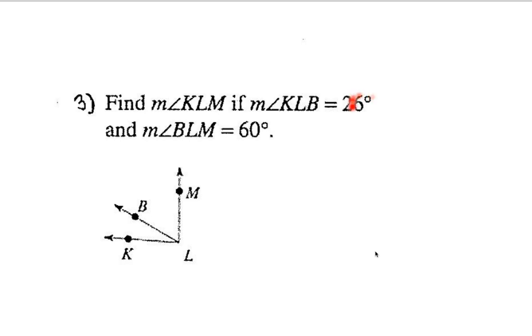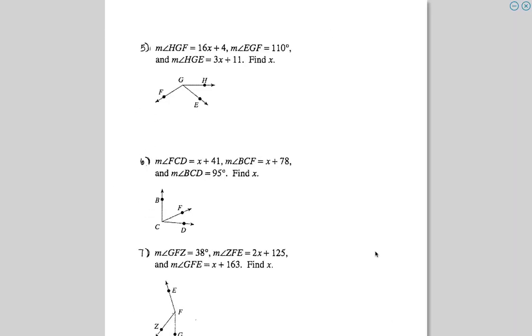Identify where these measurements are in the diagram. Place them in there so you can visualize what is given to you. Did they give you one of the smaller angles? Or did they give you a bigger outside angle where the inside ones will add up to? Don't assume that the angles always have to add up to a nice number. And the algebraic expressions have to go on the inside. Okay, there's a problem, I think later on in here, when we start getting into these algebraic ones, where you're going to add up things that equal something that's algebraic. That's okay. Stick with the idea of what we're doing here